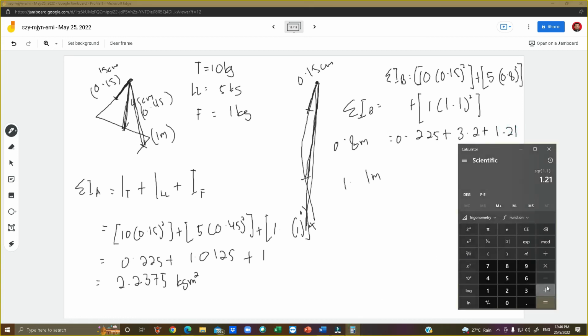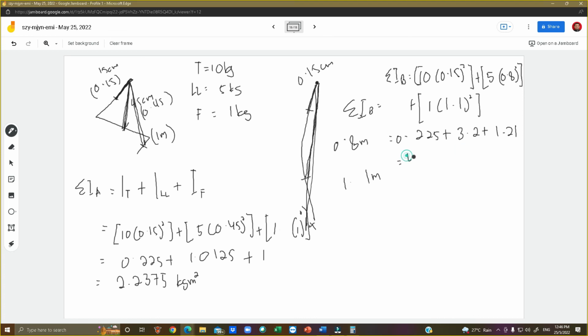Okay, so let's see, 3.2 plus 0.225, 4.635. 4.635 kgm squared. Nampak? Two configuration of leg, the same leg,